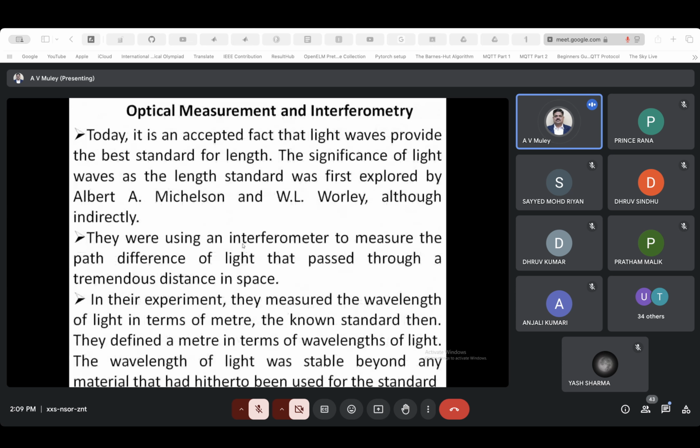Next thing is optical measurement and interferometry. Today it is an accepted fact that a light wave provides the best standard for length. The significance of light waves as a length standard was first explored by